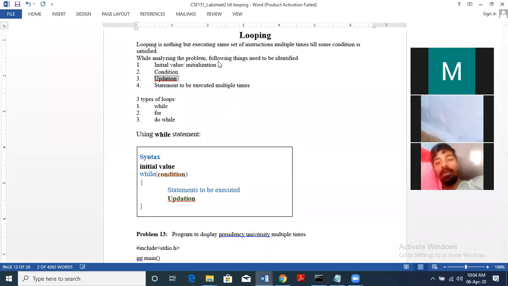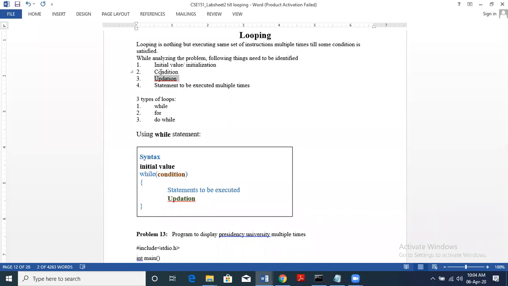Initialization is, like we have seen, initializing a particular variable with a value, and condition is checking for a particular condition. Updation is to change the value of the initialized variable. The initialized variable is called the index. Let us see examples as well.